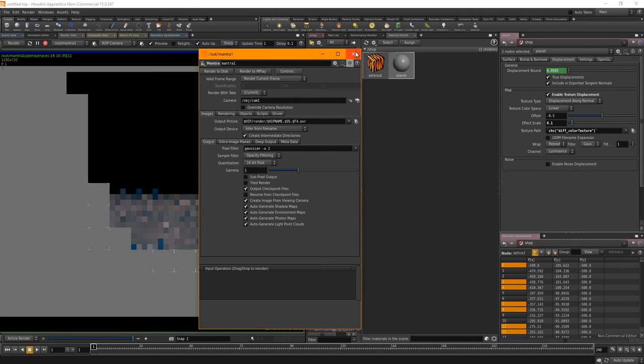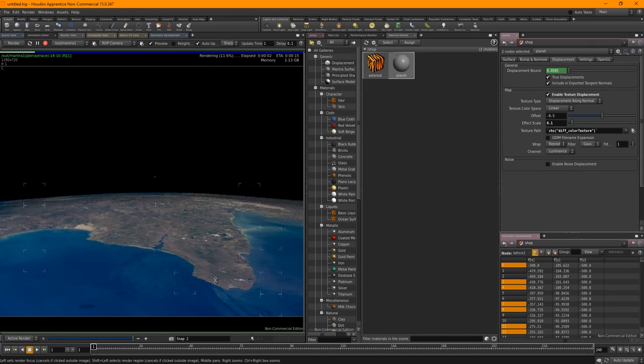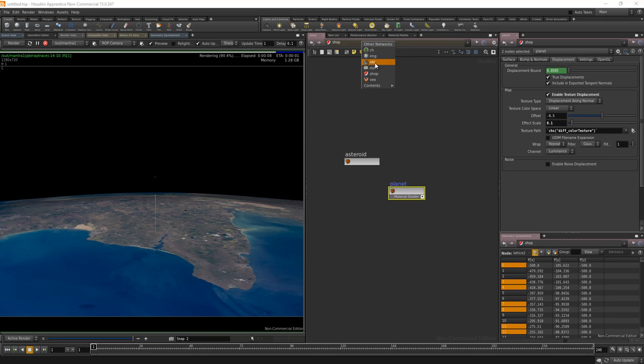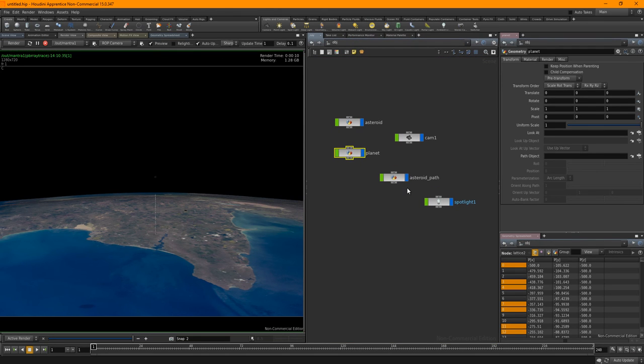So override that. Let's have a look. Nah, it's not the texture map, is it? I know what I've done. Forgot to turn off the asteroid path. There we go. Much, much, much better.